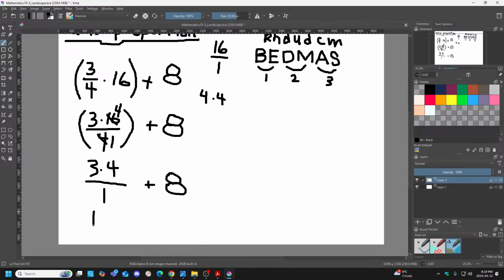So basically, I'm left with 12 plus 8. Right? I could do the long work, I just kind of save some extra work. And again, you can see the answer quickly now. A lot quicker. Isn't it easier than trying to multiply 16 times 3 in your head?